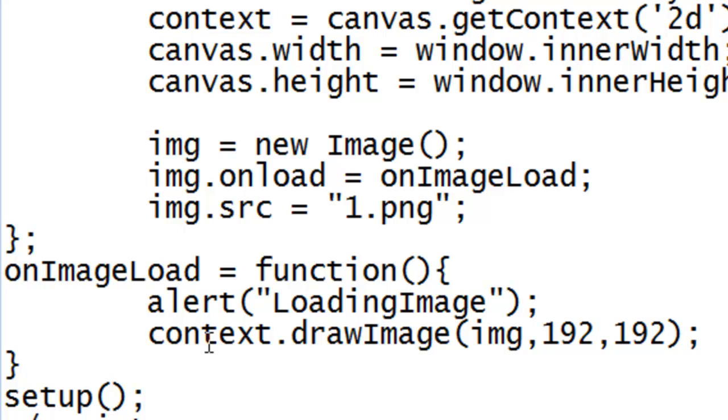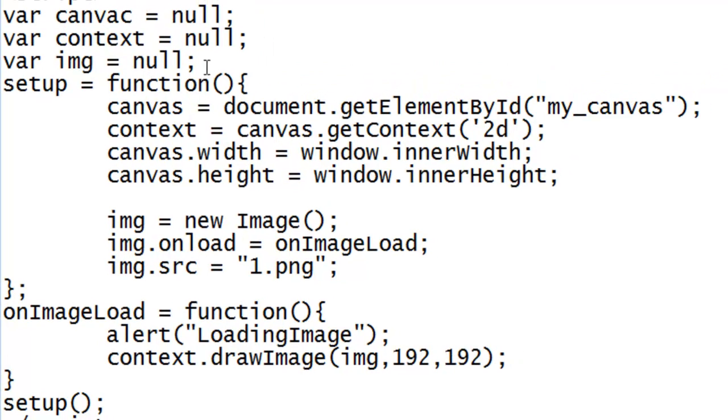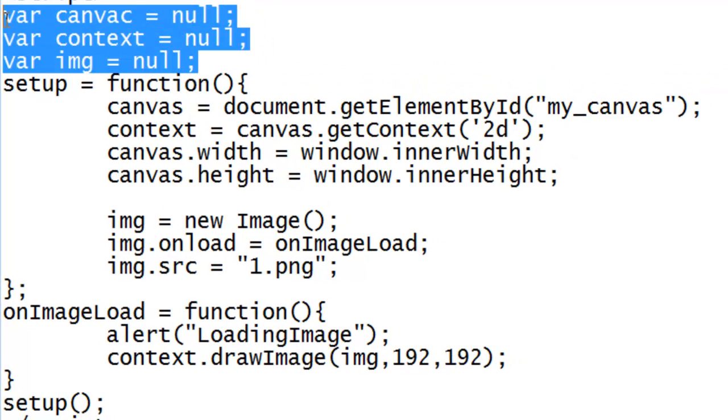Now finally the image is loaded, but it's not rendered. Now we have to draw that image to render it. For that we have a method called drawImage, which takes the image object and the position, width and height, the position where you want to draw that image. Since we created these variables outside our function, these are global variables which exist outside our function as well.